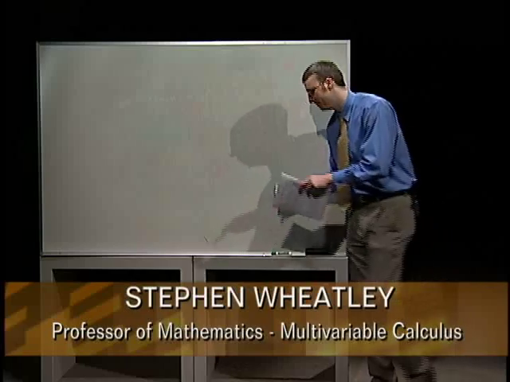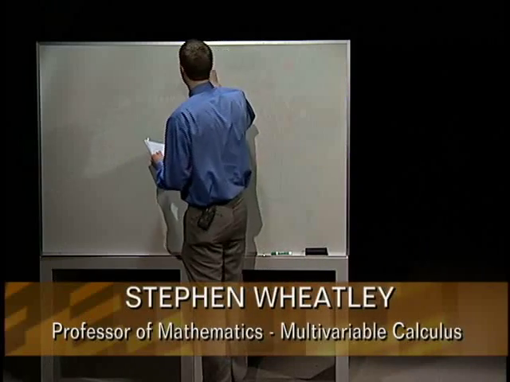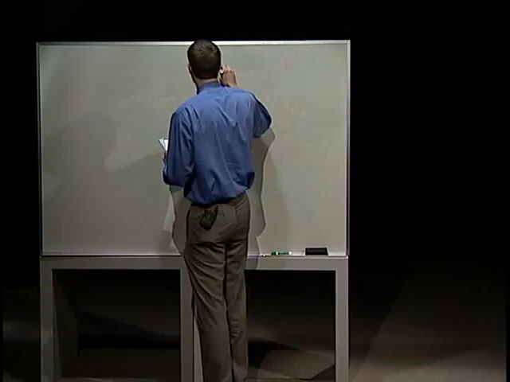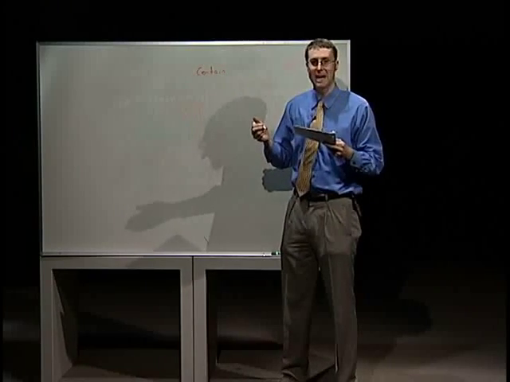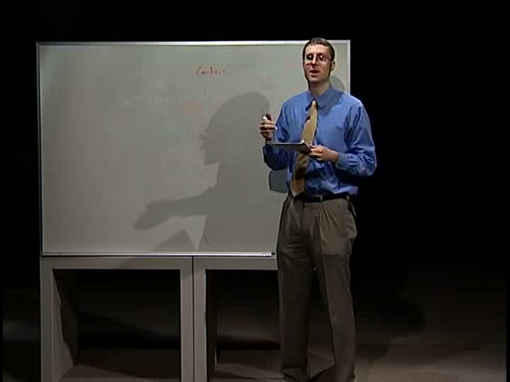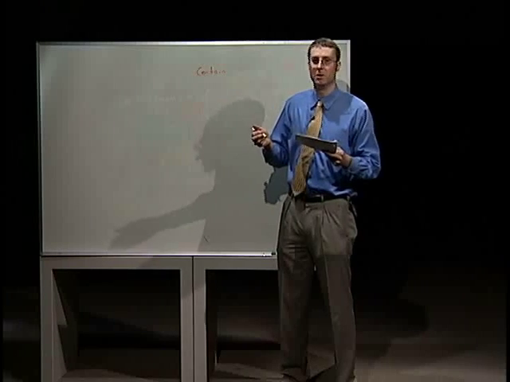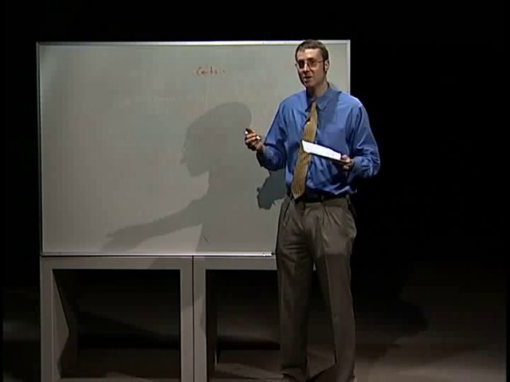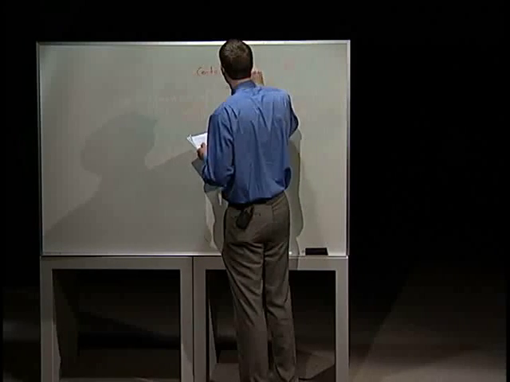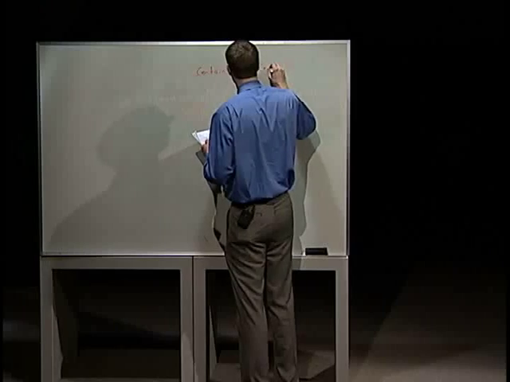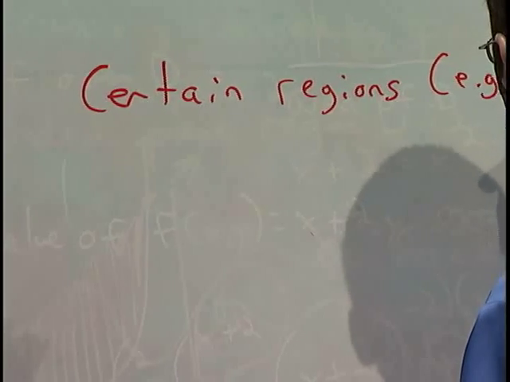Okay, so we talked a lot about doing double integrals in rectangular coordinates when we have rectangular regions, and we saw even with non-rectangular regions we could look at things in terms of type 1 and type 2 regions and do it that way. But certain regions, in particular circular ones,